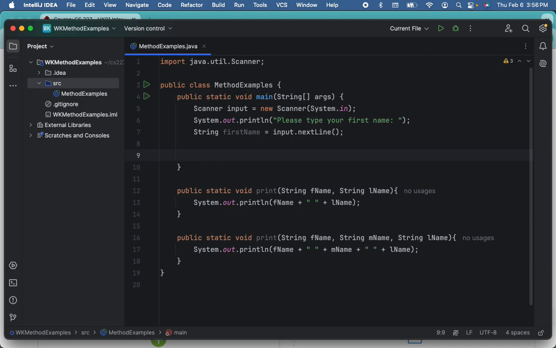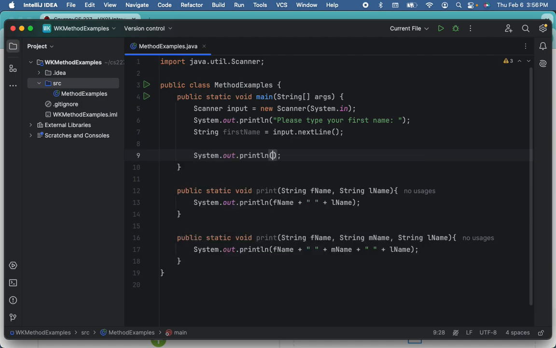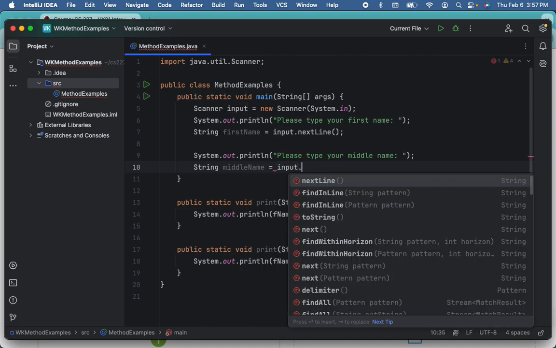You guys understand so far what we're doing? Then I'm going to do SOUT again because I want to output a message to my user. Please type your middle name. We'll type string middle name equals input dot